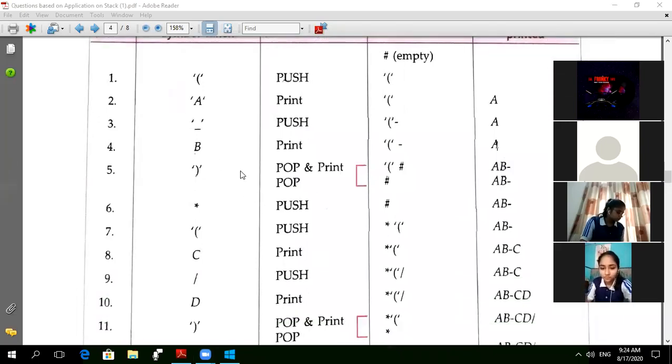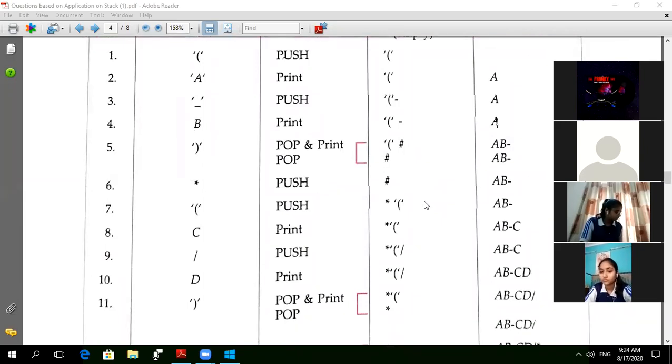Next line, bracket close. When the bracket closes, then this minus sign will shift here. So a b minus. Clear? Then many mistakes are given here. Here there is a pound sign, but this symbol will not come. Instead of that, a multiply sign will come here. In this case, here the hash symbol will not come. Instead of that, you have to write this multiply sign. The multiply sign has come here. Clear?